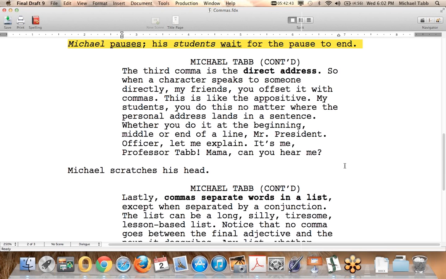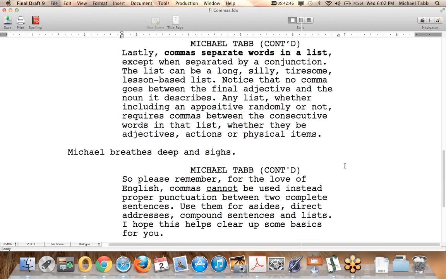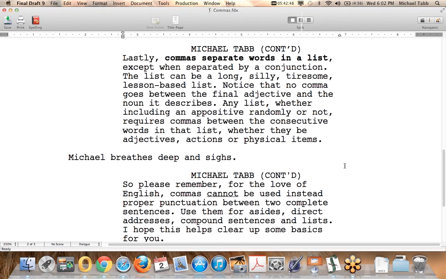Michael scratches his head. Yeah, he didn't think it was that funny either, but he thought he could sell it with enthusiasm. Continuing now. Lastly, commas